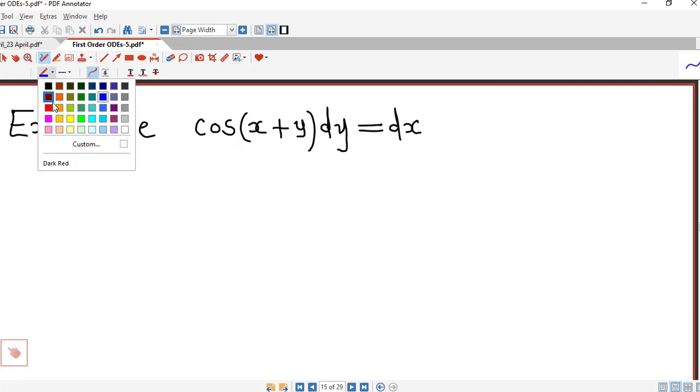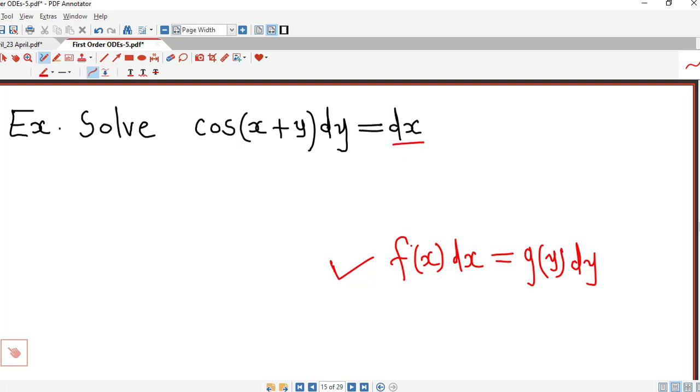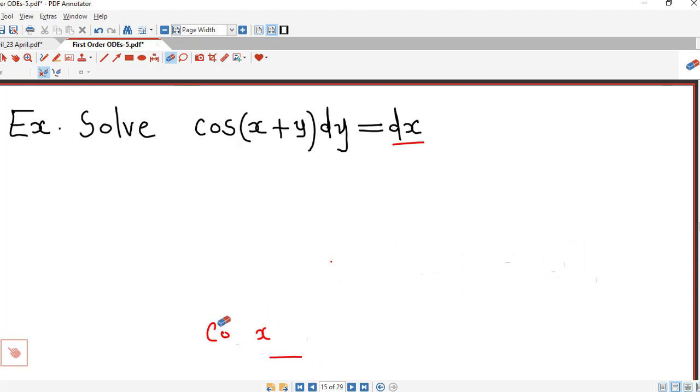Now here, at the first moment, suppose we want to check whether it is separable or not. We know that our equation is separable if with dx we have a function of x only, and with dy we have a function of y only. If it is possible to write our differential equation in this form, then only it is separable. You can see, with dx we have 1, but with dy we have this function cosine of x plus y, and here x and y are in addition, so it is not possible to separate the variables. So this equation is not separable,